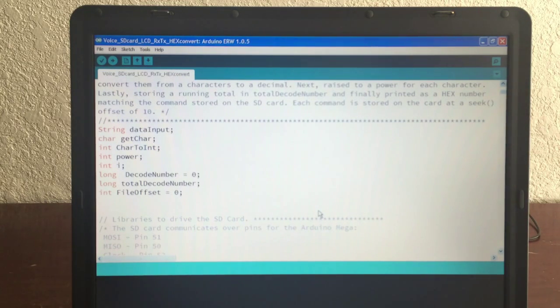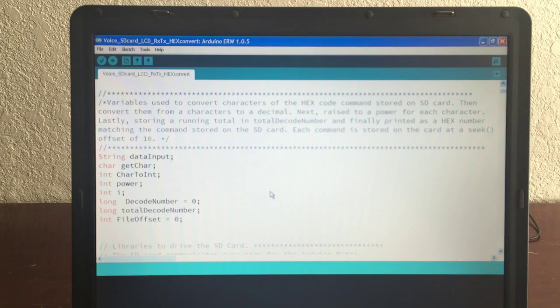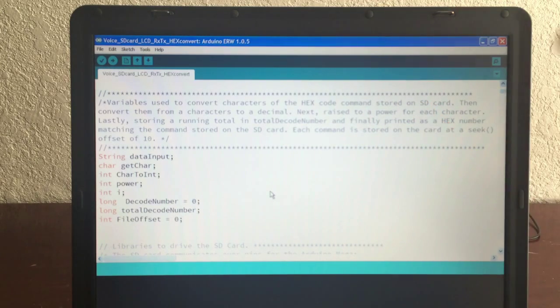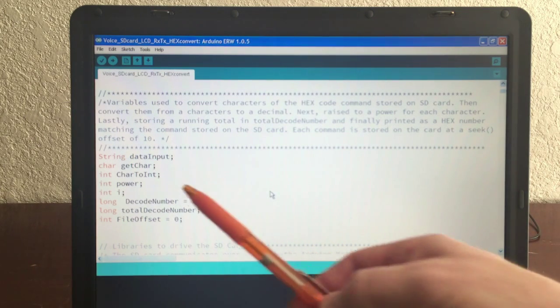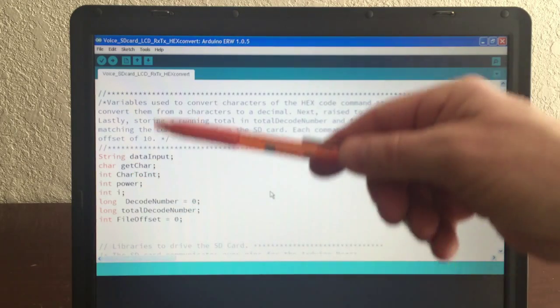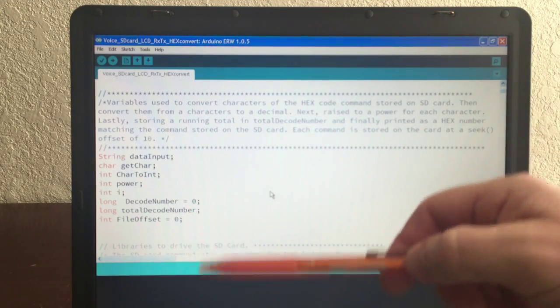Once you read a character from the card, and I think that's what this is right here. Yeah, stored on the SD card. I read them back character by character, starting from the left, so it's the most significant digit, and I store them in data input. And then I use get character to get the next character. And what I do is I read all the characters,